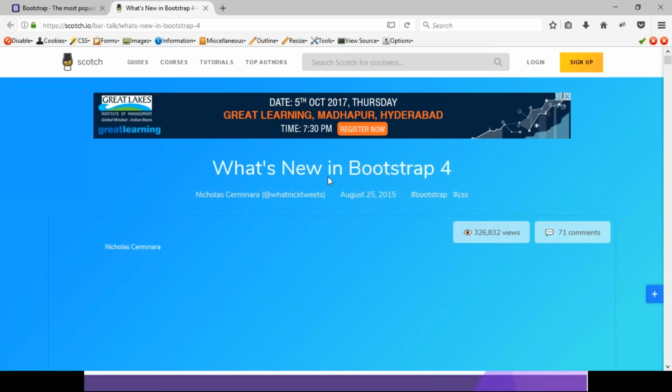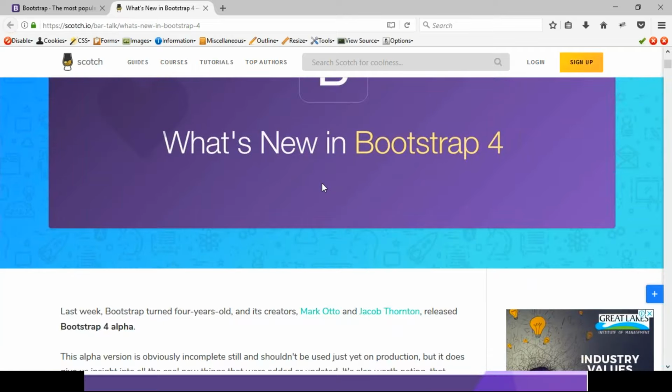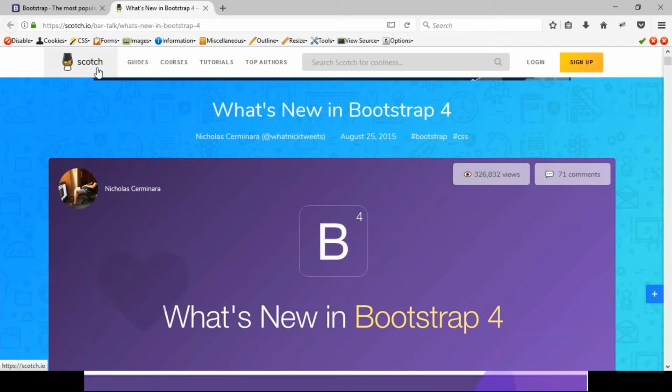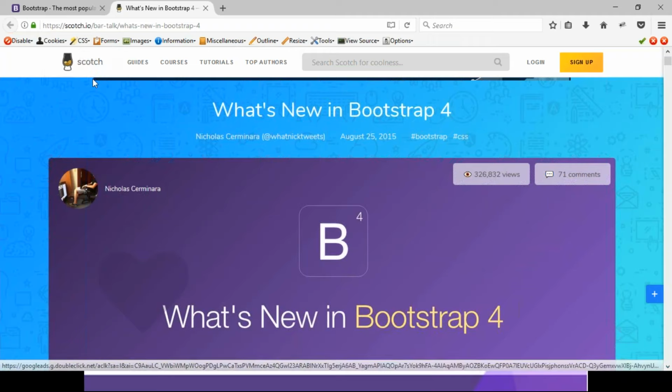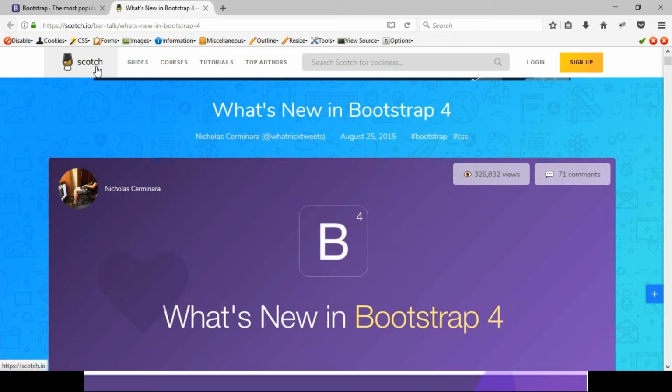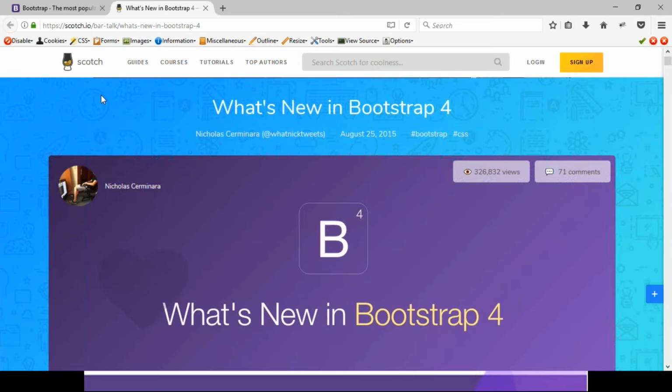For the previous versions, I'll point to some other third-party tutorials as well. We have some better documentation from Scotch.io. I recommend that if you want to learn any new technology or get some interesting new stuff, go with Scotch.io. It is one of the best guides or tutorials where you can get updated content. Scotch.io has the best community, and you can get good knowledge there. I also follow it sometimes. Anyway, coming to Bootstrap.